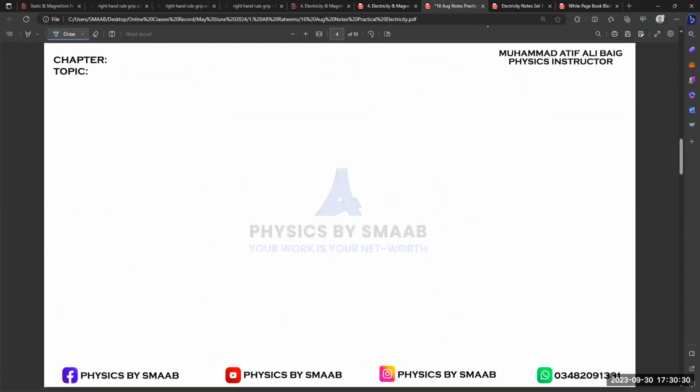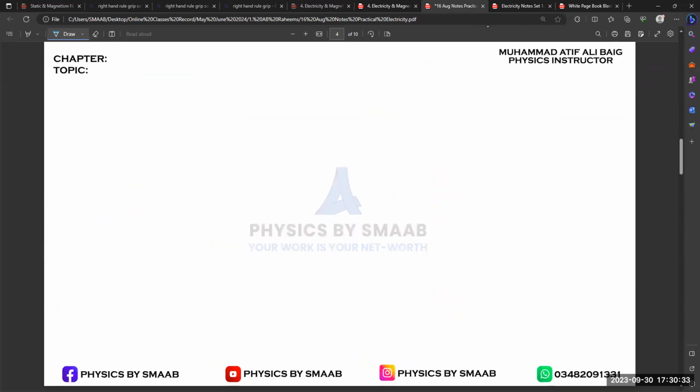Initially we got the concept that EMF will be induced and how it will be induced. But now what happens when we change the direction? There are two possibilities: either we are moving the magnet close to the coil, or the magnet is pushed away from the coil. So there are two important things. If we consider the first situation, the magnet is moved close to the coil,